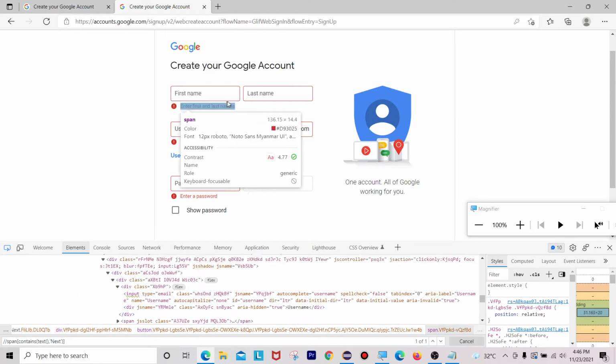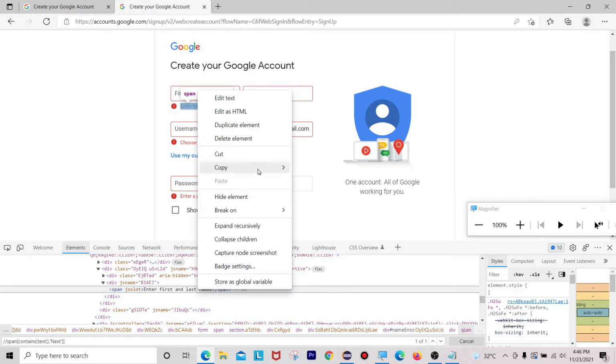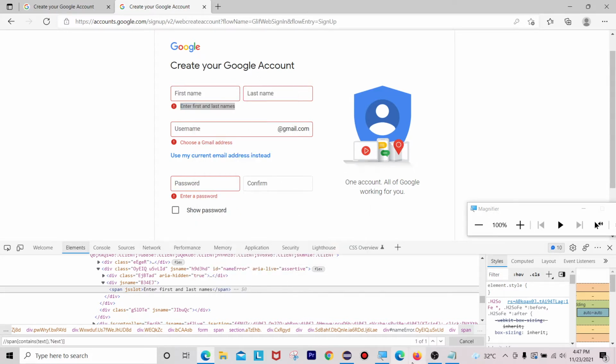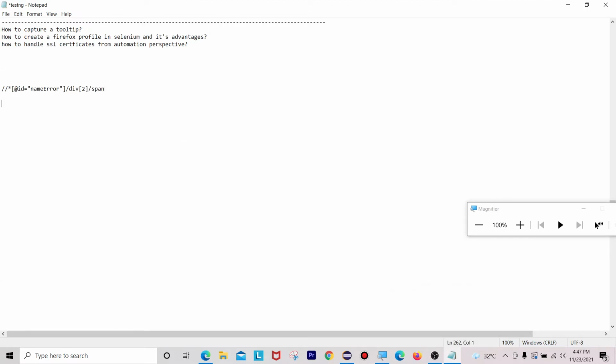I am going to take the first tooltip. So this is our XPath here, right click on that particular tag, copy that XPath and paste it somewhere. Okay, this is our actual XPath for that particular tooltip.